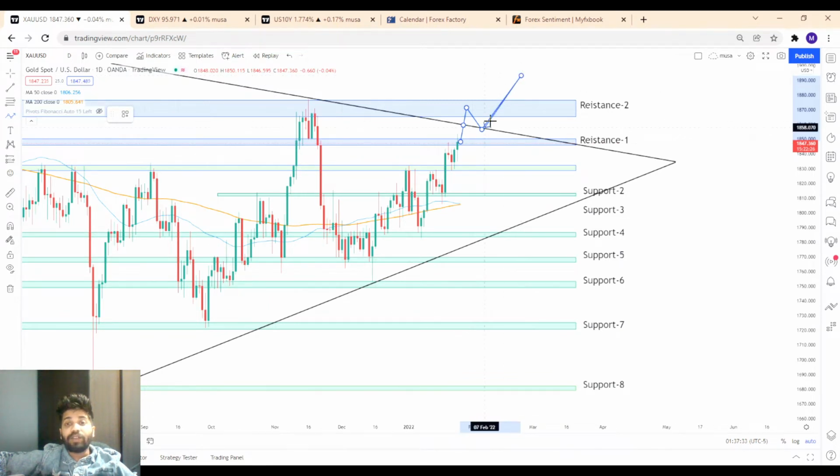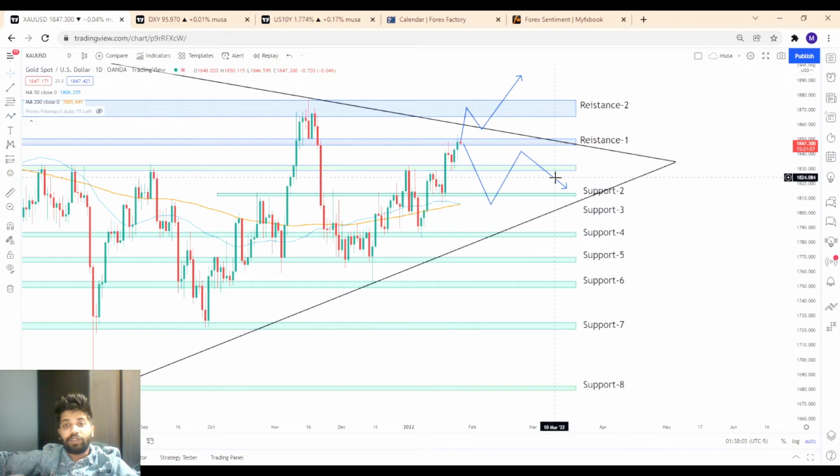We have to always respect the trend lines and the support and resistance areas, because the price tends to reverse from support and resistance areas. On the flip side, if the price doesn't make any drastic move on the upside, there is room for gold to consolidate within this range, and then go up or down depending upon the situation or the fundamental analysis at that time.